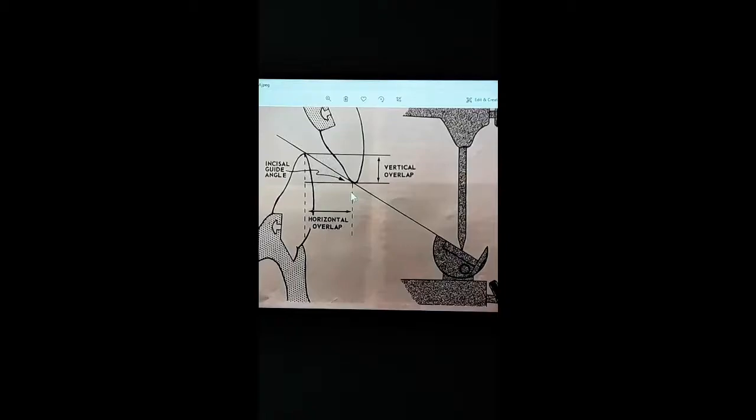Now, if we draw a line from the incisal edges of the maxillary anterior teeth to the incisal edges of the mandibular anterior teeth, this imaginary line will create an angle with the horizontal occlusal plane indicated by this horizontal line. This angle is called the incisal guidance angle. On the articulator, we have an equivalent component called the incisal guidance staple. It has a similar function to the incisal guidance angle,